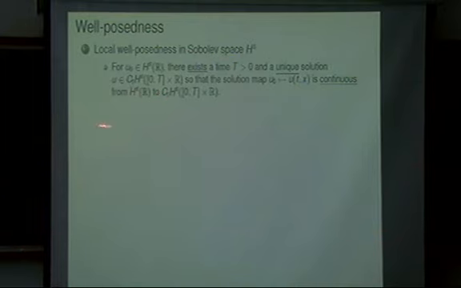So usually we call an initial value problem locally well posed if three conditions are satisfied: existence, uniqueness, and continuous dependence on initial data. Okay? The solution exists, and it's unique, and the solution map from the initial data to the solution in the topology from HS to C_T H^S is continuous. Then we call it locally well posed. Okay?